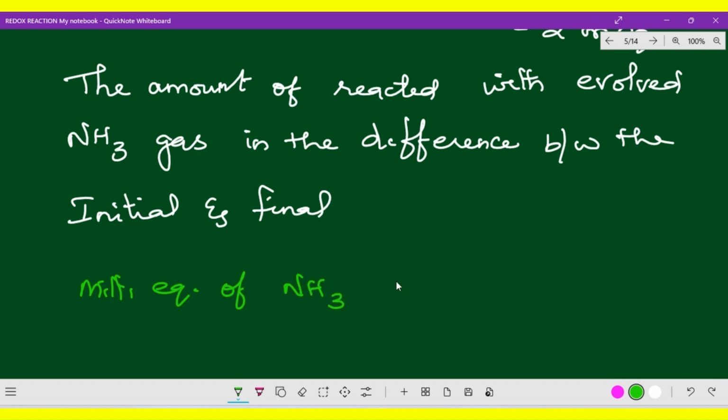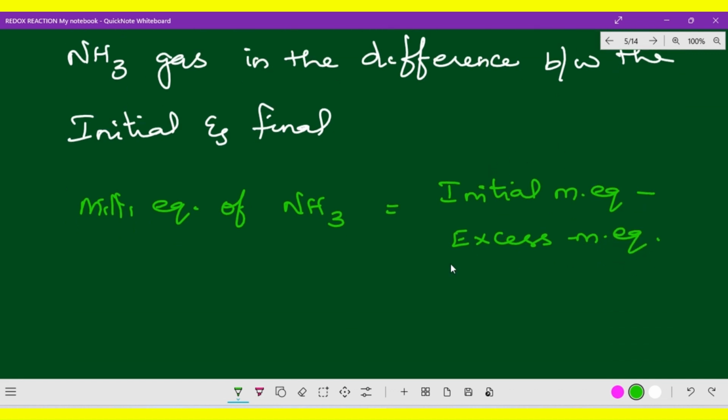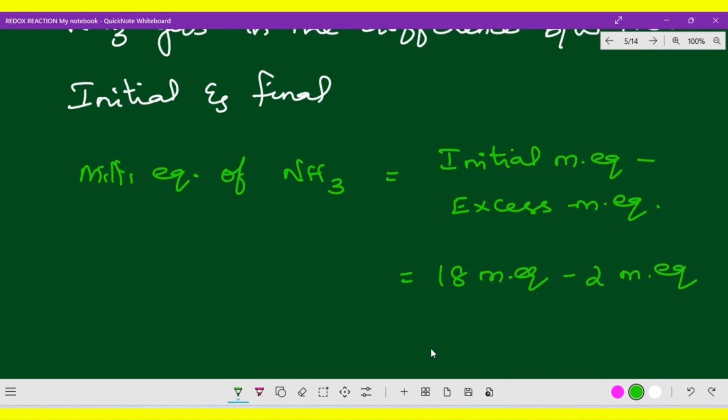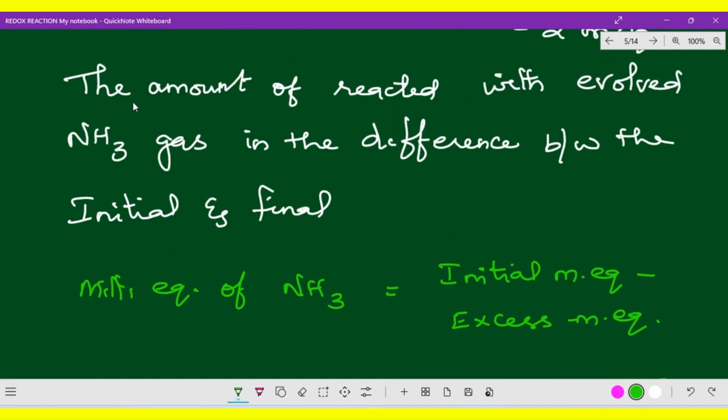So how much it has reacted, we can identify. So initial milli equivalent minus excess milli equivalent, that is ammonia only we are mentioning, right? So 18 milli equivalent, that is the first one, minus 2 milli equivalent. So you will get 16 milli equivalent. So that means reacted. Very clearly I just mentioned the amount reacted with evolved ammonia gas